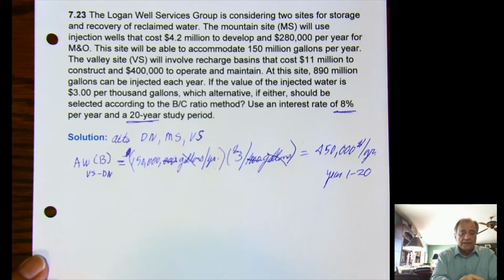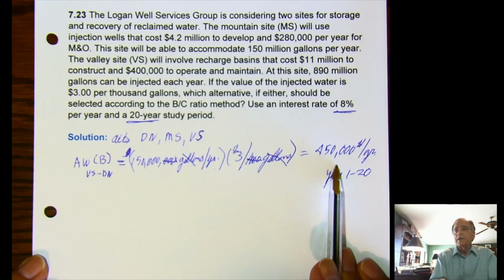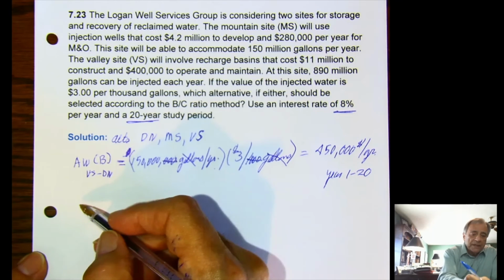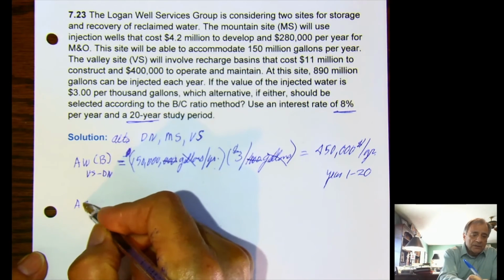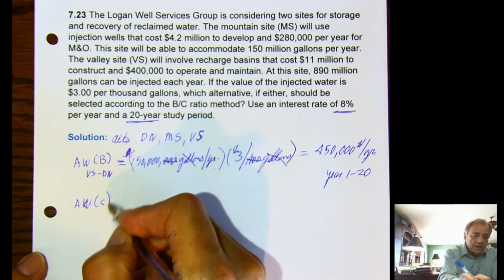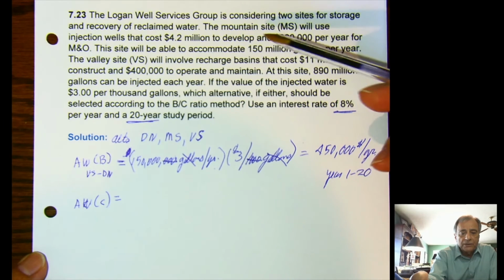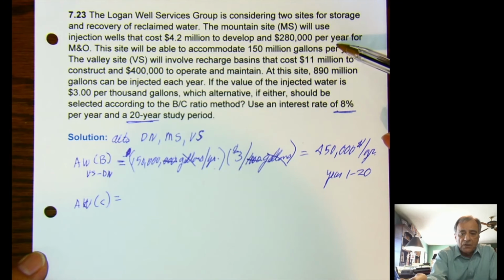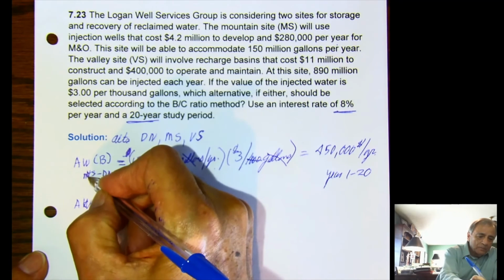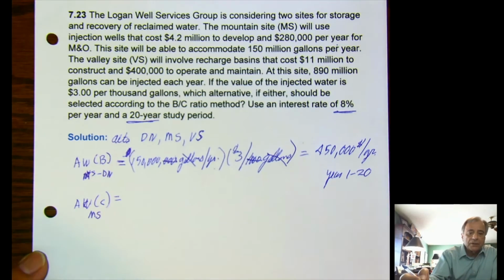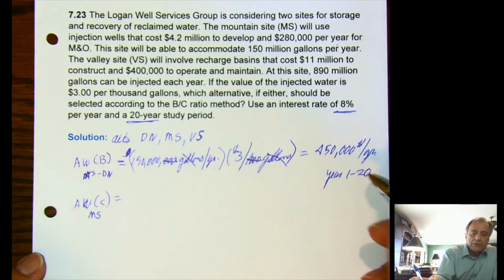Now, the Valley site minus do nothing is the same number because do nothing is 0. Okay, but we'll next do the annual cost, annual worth of the cost of the Valley site. The Valley site costs $4.2 million to develop and has an M&O of $280,000. I'm sorry, this is the mountain site. Did I get them wrong? Yeah, this is the mountain site. So the annual cost of the mountain site is the lower costing site, is